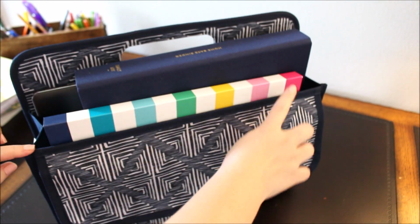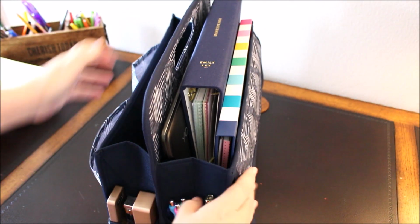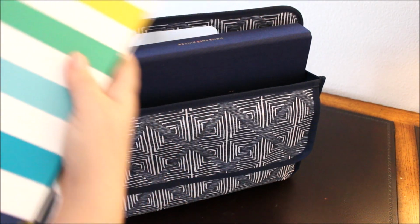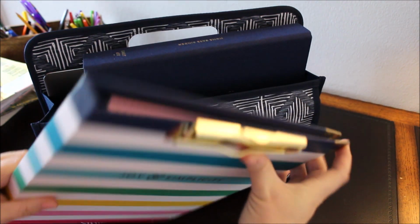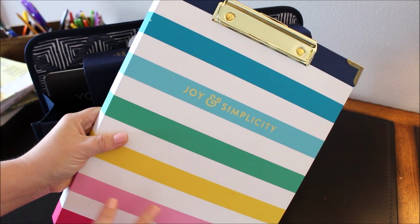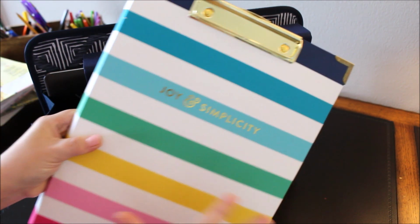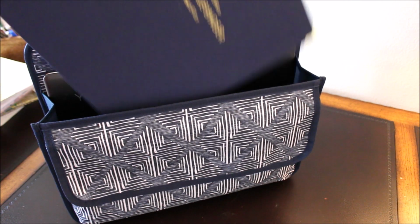Directly behind it, you have the same big pocket that you had over here on this side of the Caddy. And in here, I have a simplified planner, little kind of clipboard / notebook. I can't really open it up because it's got some personal stuff inside, but this is all of my home stuff. So in here I have current house projects that are being worked on and information along that kind of thing. And then in here is really where I keep a lot of our home stuff, and this is the